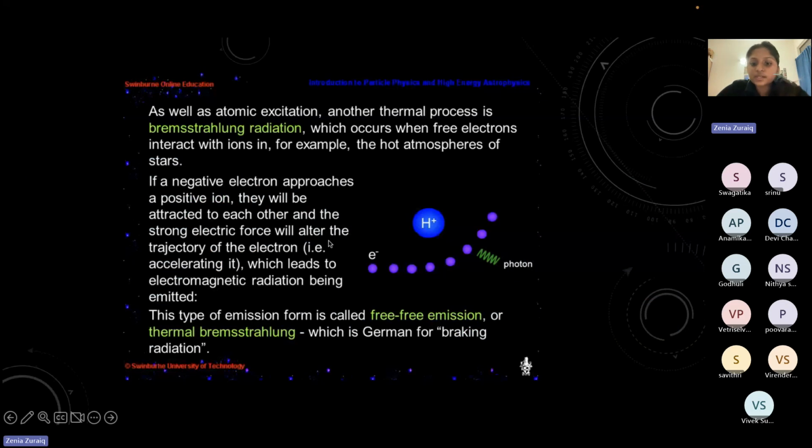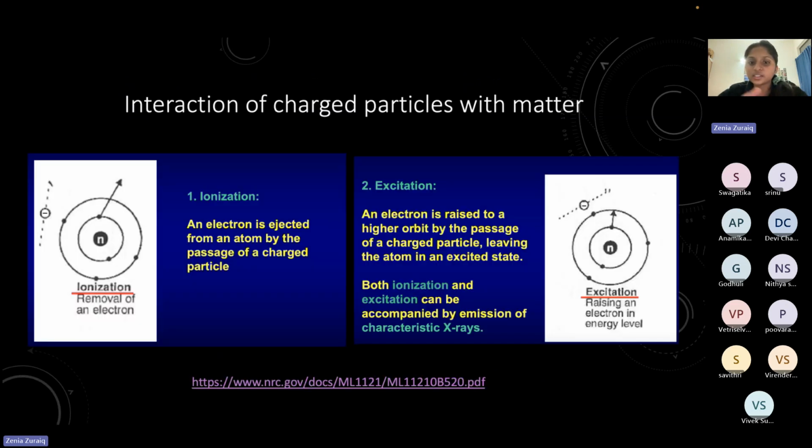So another process that is very important in astrophysics is called Bremsstrahlung. It is a German word, and it's also called breaking radiation. Sometimes, if you continue to study astrophysics, you will see people talk about free, bound-free emissions. So these ionization excitations are examples of bound-free kind of excitation, because you can see that one